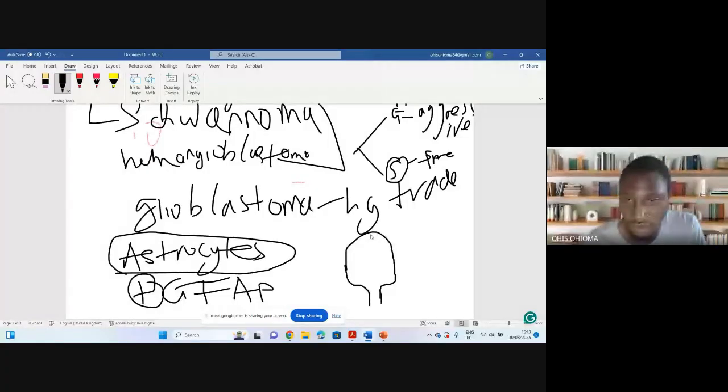And so this is the falx cerebri. This is the tentorium cerebelli. This is the cerebellum that's located here. This is the tentorium cerebelli. This is the falx